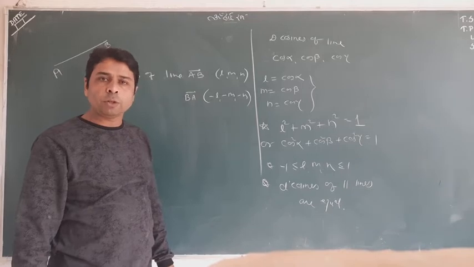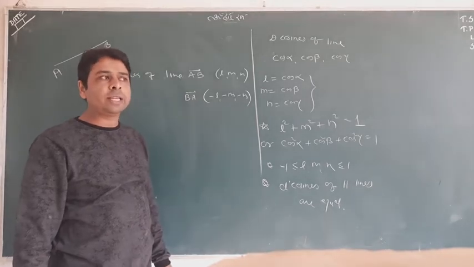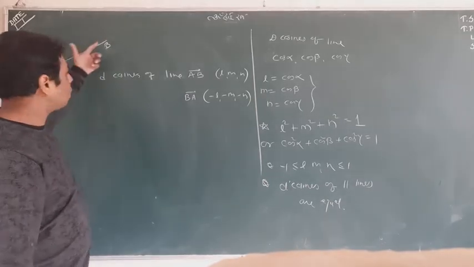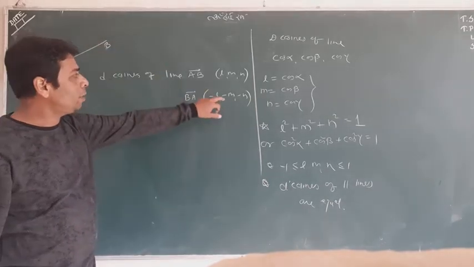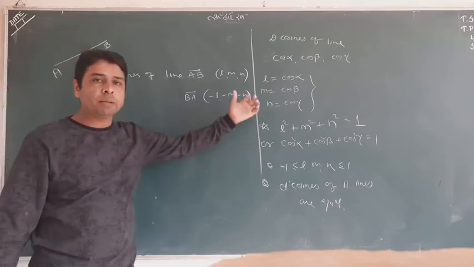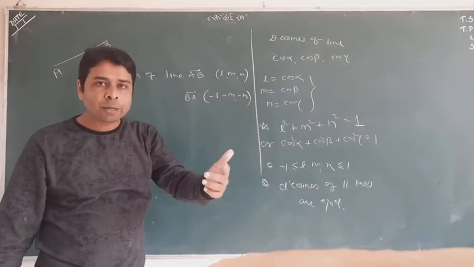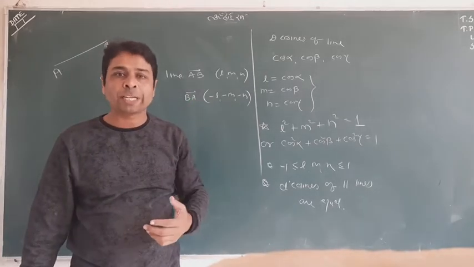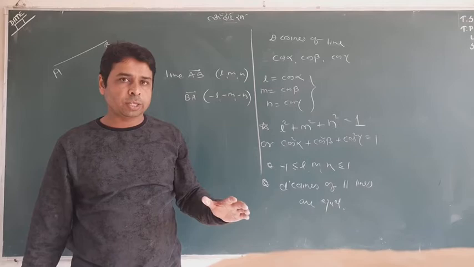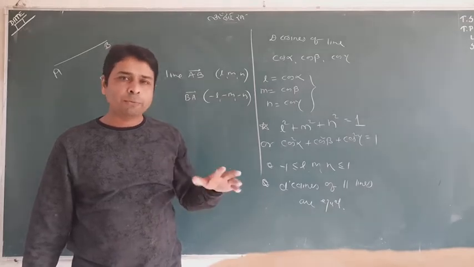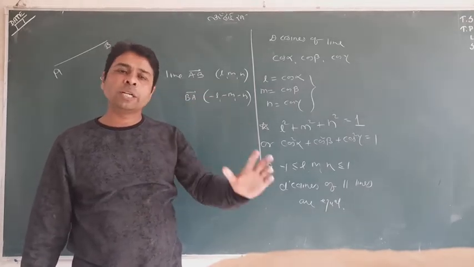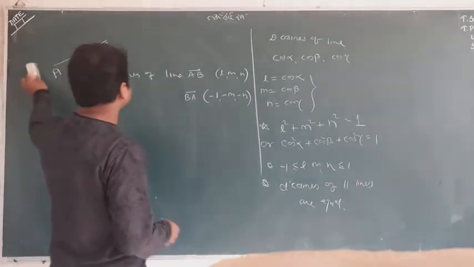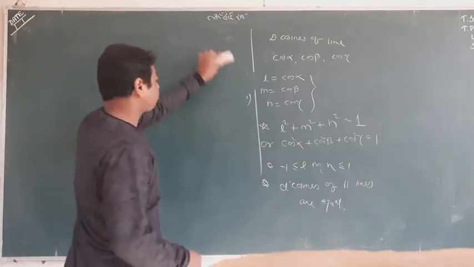Don't bother about all this. Actually, in the case of direction cosines, the direction is very important. When we talk about AB, we take l, m, n, but when we talk about BA, we take minus l, minus m, minus n. Sometimes AB and BA are considered the same, because at that time we do not use vectors. So please don't get confused about these things. If you take only l, m, n for both AB and BA, it is also considered correct. Don't worry about it. Please remember these very important things we have studied.